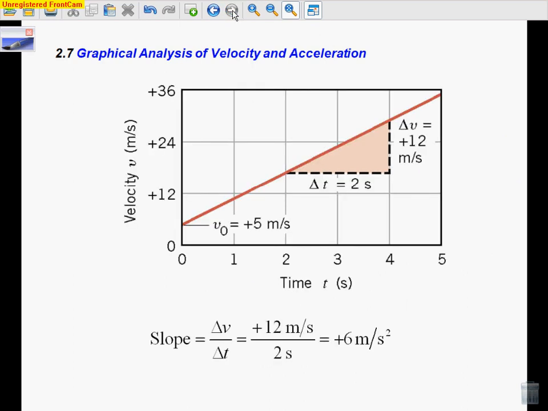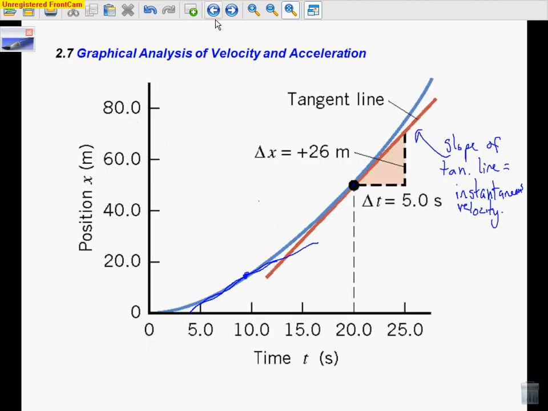Alright, and the last graph we're going to look at is one where we're graphing something else. Now we have velocity versus time. So we could take this previous example. If we picked out enough points and calculated the slope of each tangent line, we could then come up with a set of